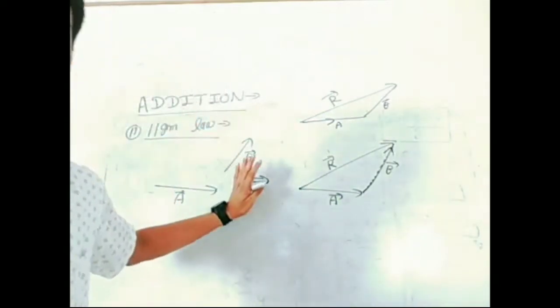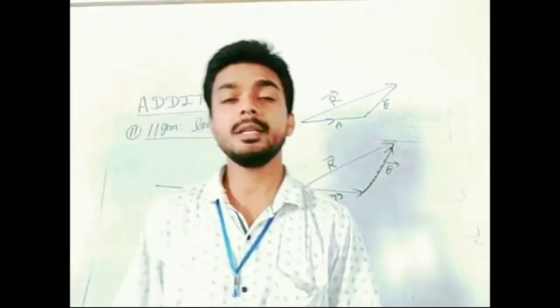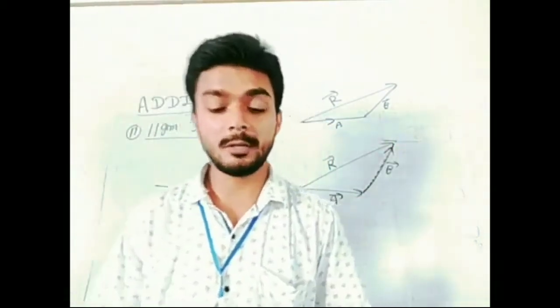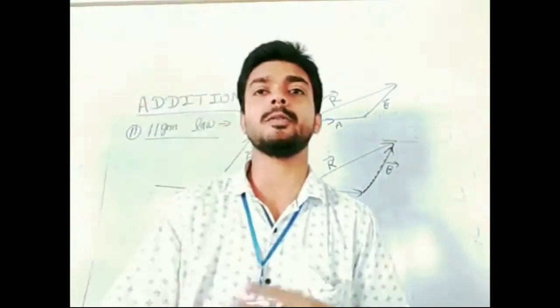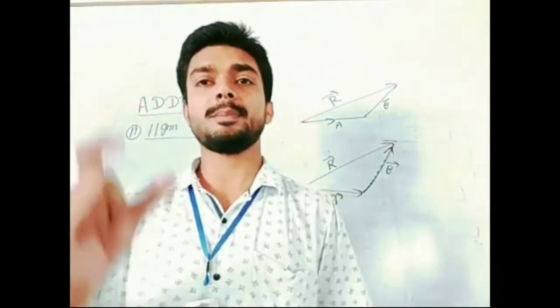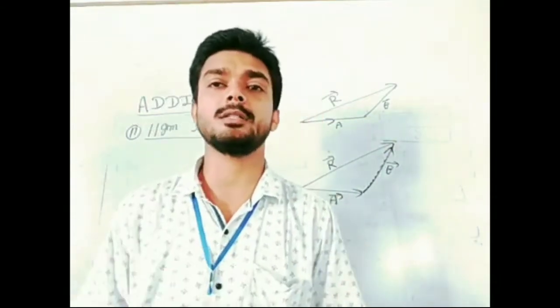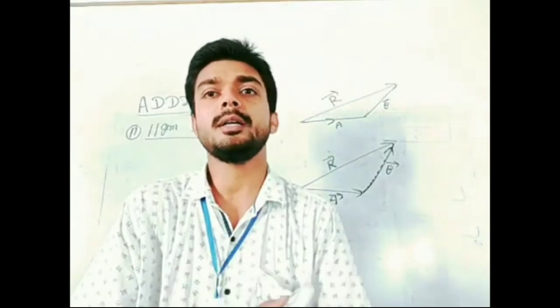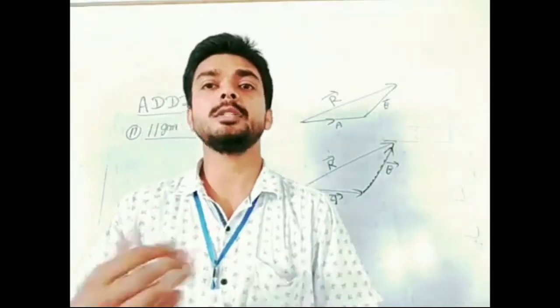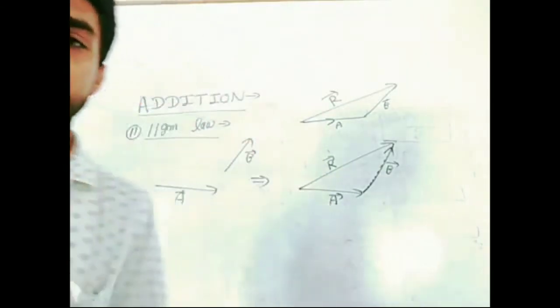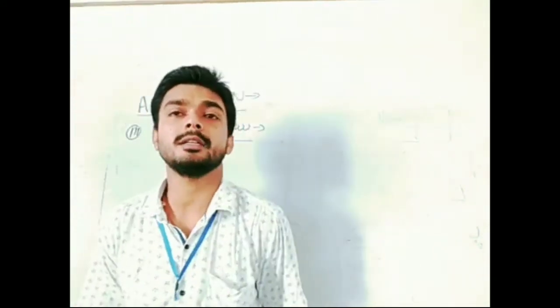Okay. Next, students, we are going to discuss the polygon law of vector addition. If you want to add more than two vectors, suppose we have A, B, C, D, E, F, so many vectors, then how can we add them? In the polygon law of vector addition, consider we have vectors A,